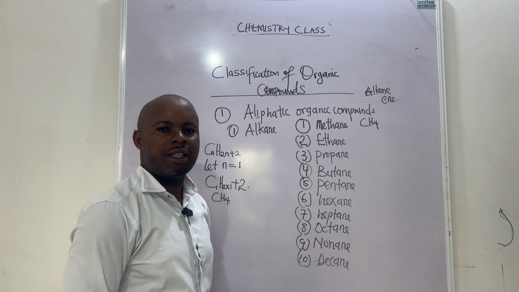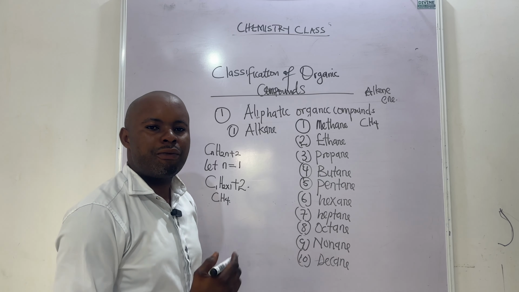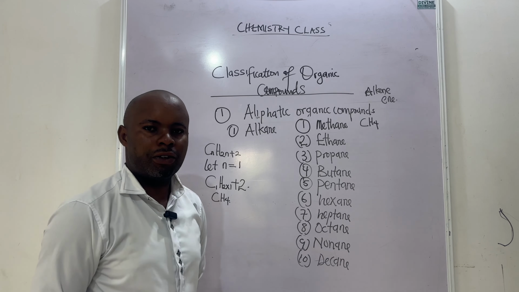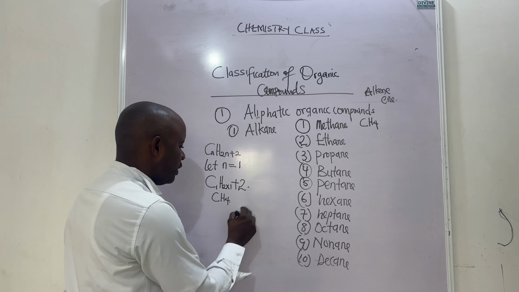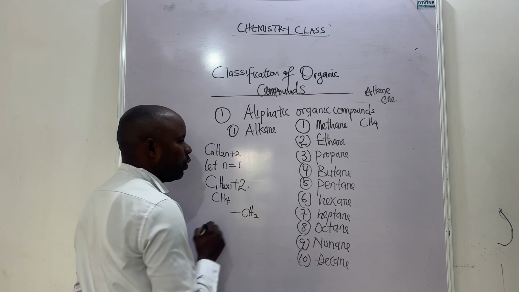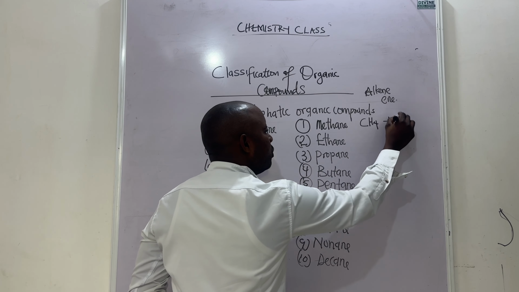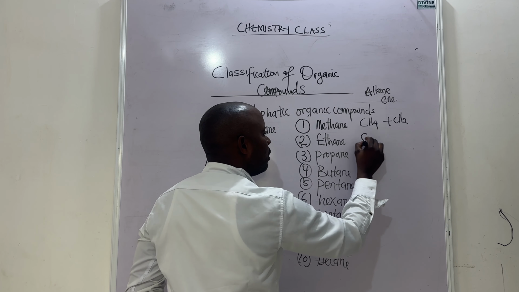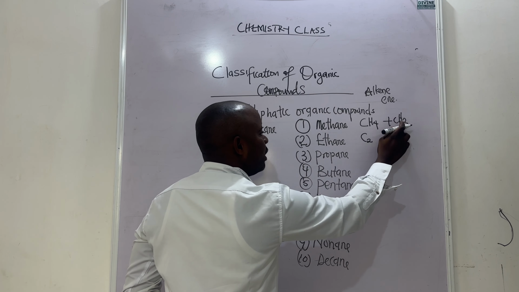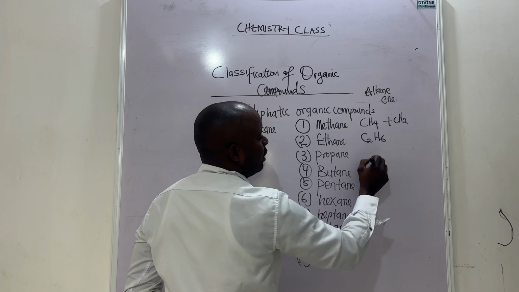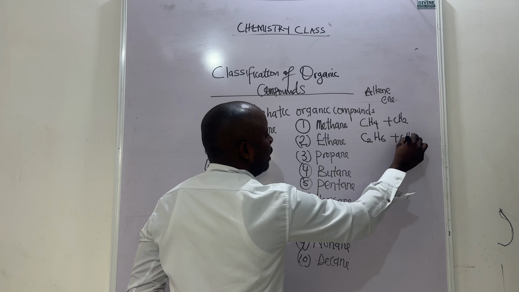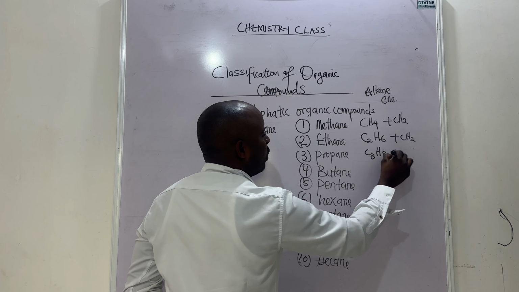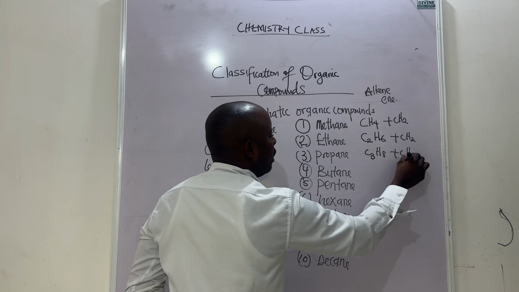So I explain the term homologous series. A homologous series is a series of organic compounds that follow a structural pattern, where each successive member differs from the other by what? A CH2 group. If I add this CH2 group, I'm going to have the next member: 2 carbon, and 4 hydrogen plus 2 hydrogen gives 6 hydrogen. If I add this, I'll have C3H8. Adding CH2 as well,